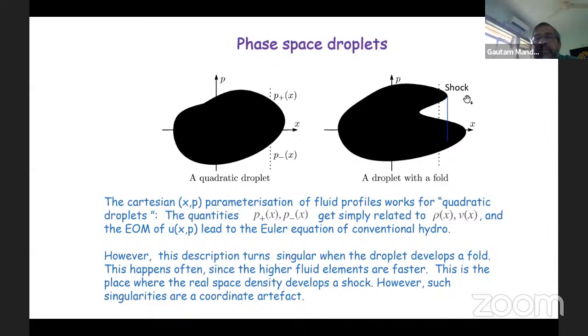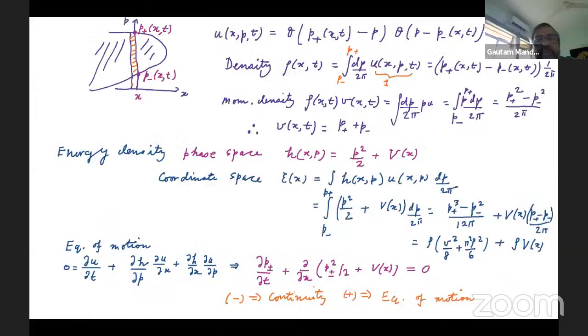And this is, of course, a phase space profile. You can show that in the real space density profile also, when a fold happens, then the corresponding del rho del x, the x derivative of rho, also becomes infinity. So that's what I have said here. So let me try to very quickly tell you how the conventional hydrodynamics equations arrive. So here it is.